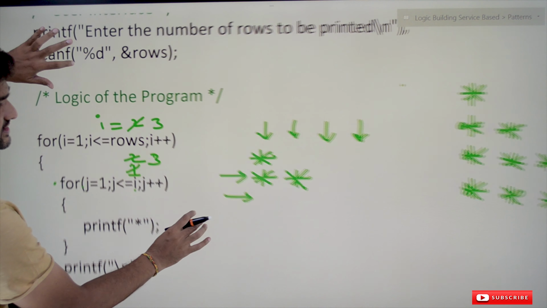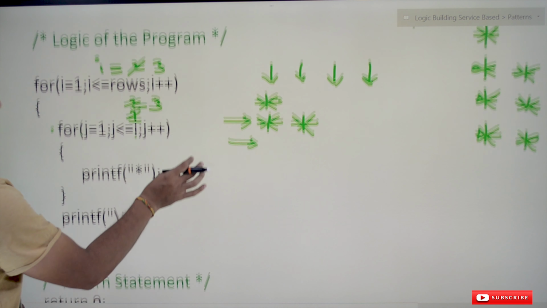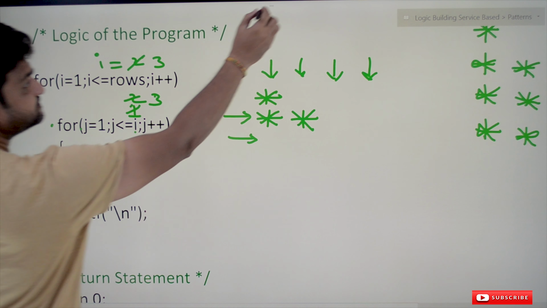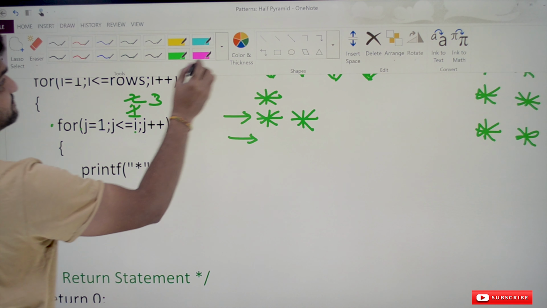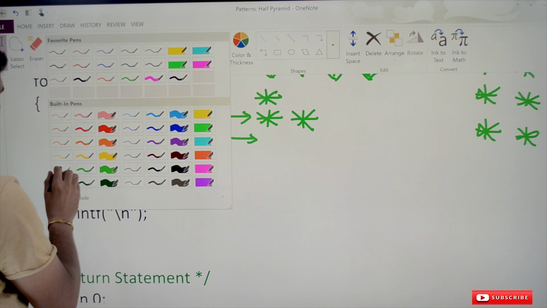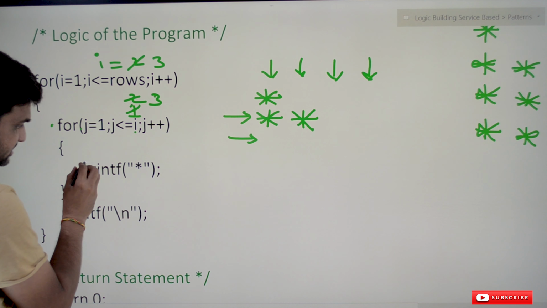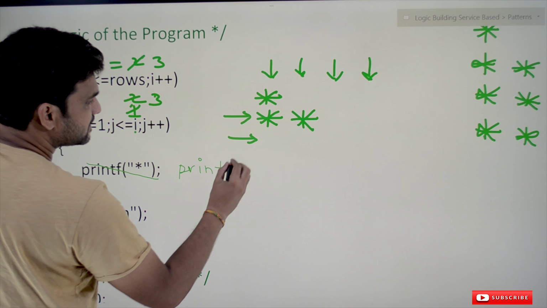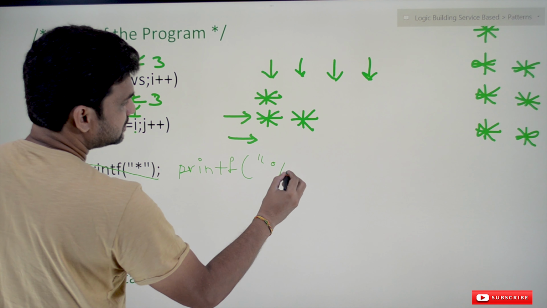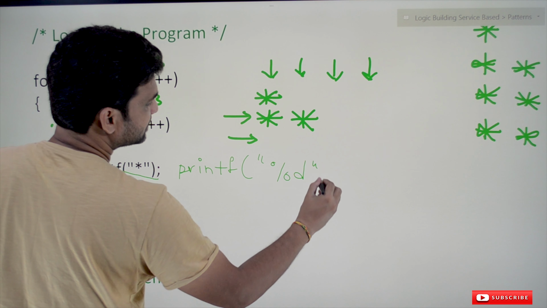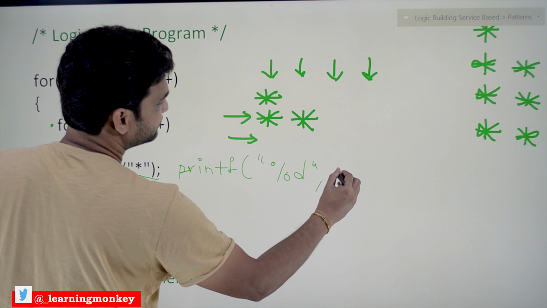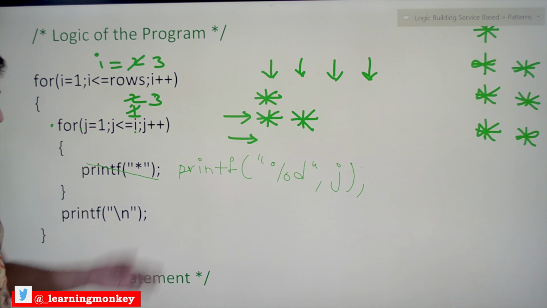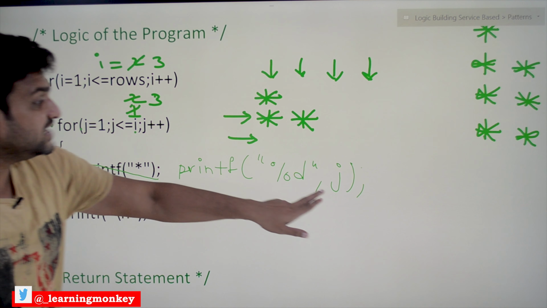in order to print the pyramid with stars, what we have done is we have taken the printf as a star. But here, in order to print the pyramid with numbers, what we have to do is, here this printf statement will get changed to printf %d. Here we have to print the value of j. Okay, so with this printf what happens is the value of j will get printed.